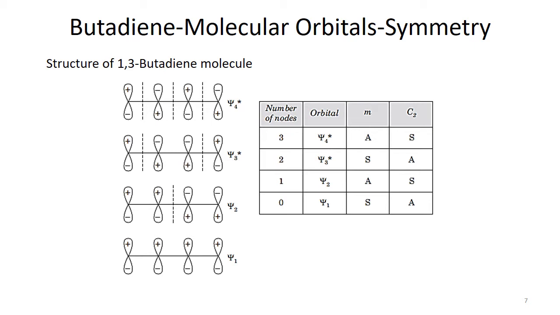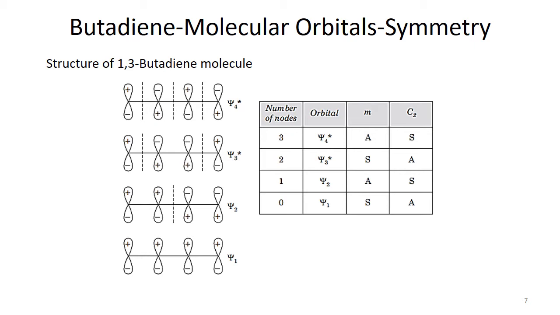In any case, the mirror plane should be in between the two nuclei on one side and two nuclei on the other side. This way it should be symmetrical. But if the mirror plane is placed at the center, then in that case these are asymmetrical. In psi3, these are symmetrical because you put the plane in the center, and then these are identical mirror images. In psi4 again it is asymmetrical.